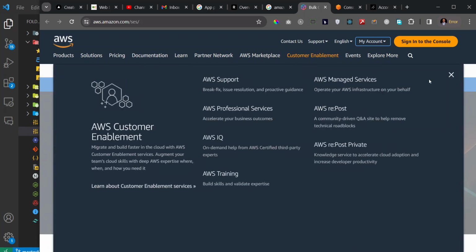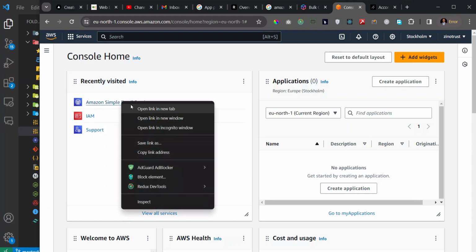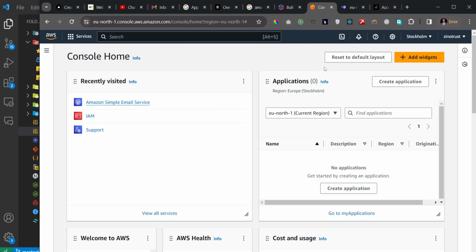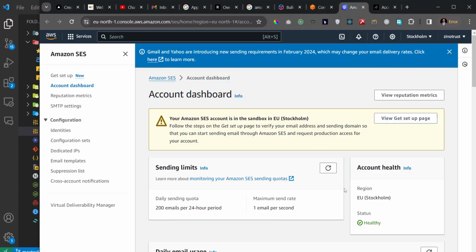By the time you finish verifying your account, you need to come to your dashboard or your console and open your Amazon Simple Email Service. That's where you need to be. So I'll just go ahead and open that. I wanted to actually open it up so that you can see while I do it. So I've opened it up here, and you need to create